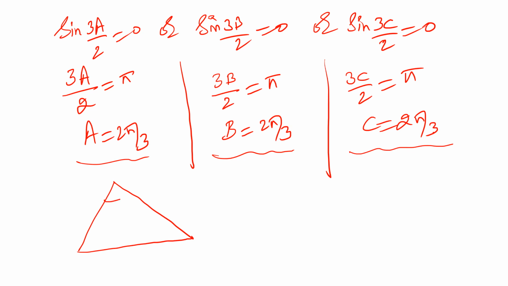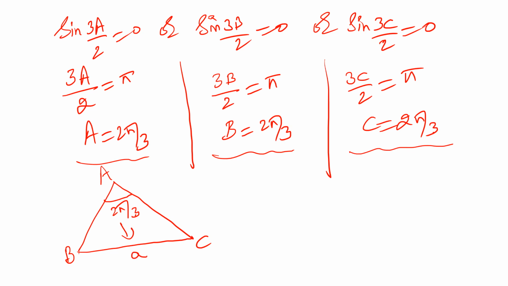Suppose this angle is 2 pi by 3. I am not calling this A, B or C. I know that only one of them is going to be 2 pi by 3, so I am just taking one of the angles of the triangle as 2 pi by 3. Fine. You can take this angle as A or B or C. That's your choice. Now the side opposite to this particular angle 2 pi by 3 will be the longest, because